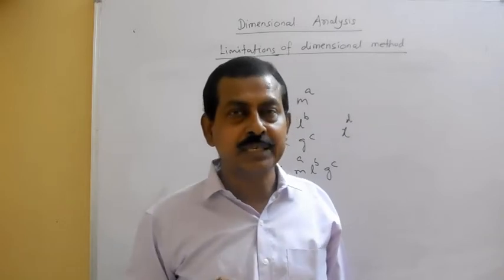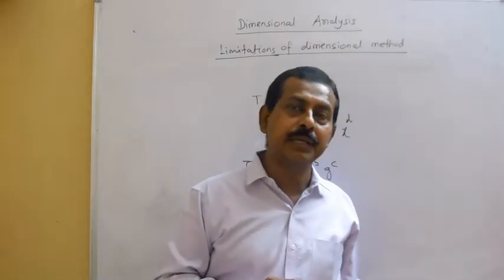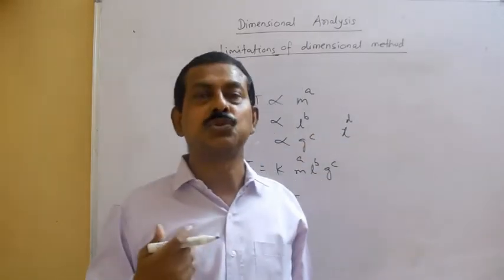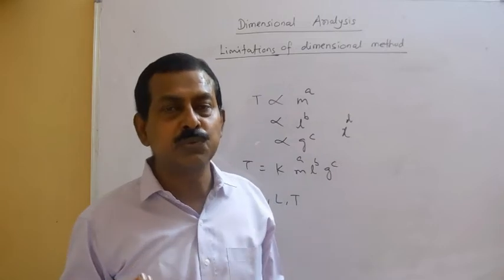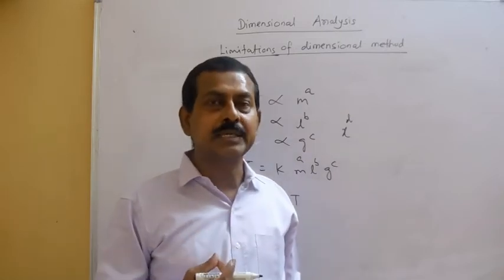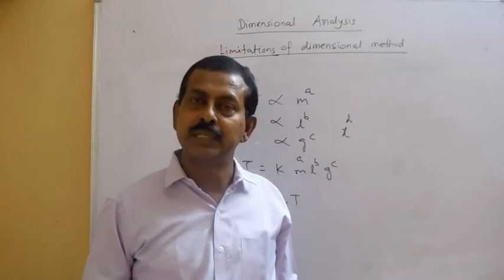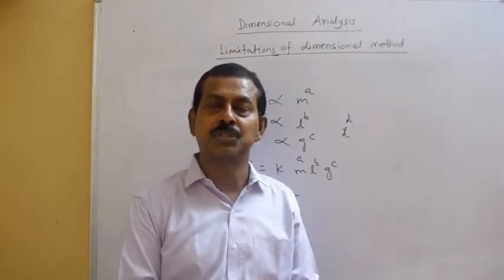So that is why it is said that if we apply this method, we can easily use it to get the relation if up to 3 quantities are involved. When 4 physical quantities are there, it becomes complicated and it almost fails in case of 5 or more than that. So this is the third limitation of the dimensional method.